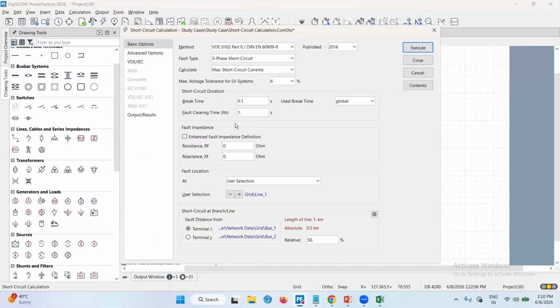So you do not need to search in the data manager area. Now let me change it from 50 to, suppose, 20%. Now the next confusion: if we feed the 20% data here, at which place will it happen? To clear this up, you can see here we have two options: fault distance from terminal I